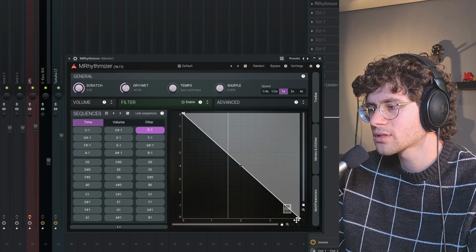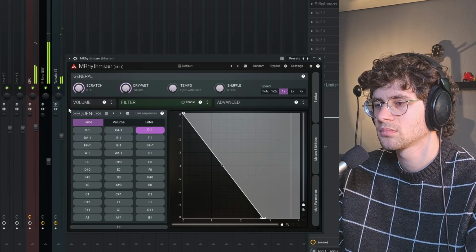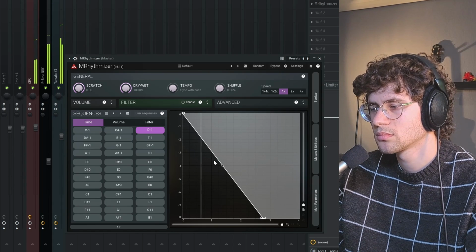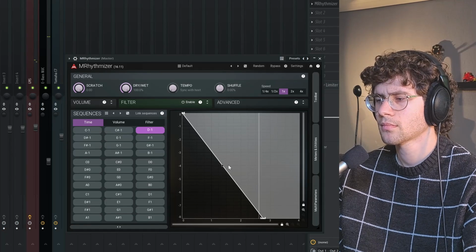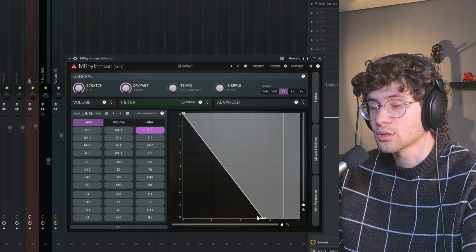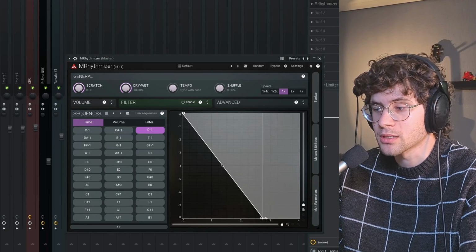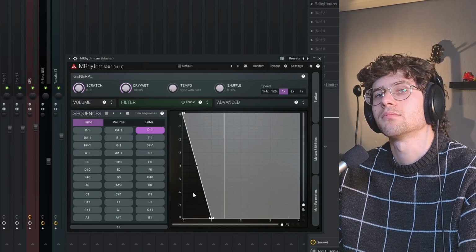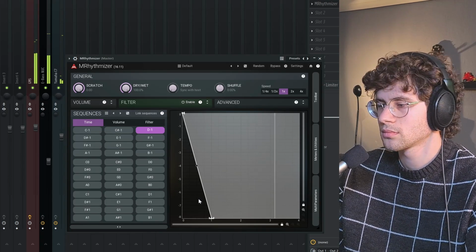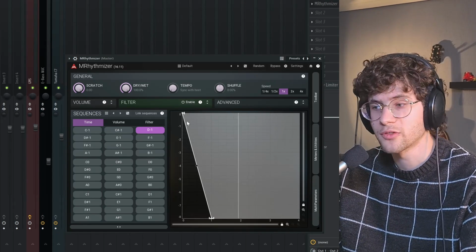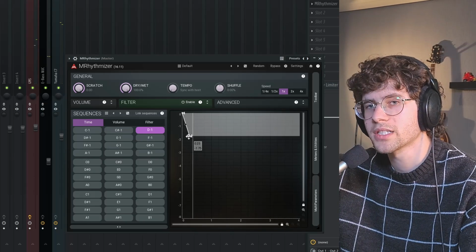What happens if we go even slower? Even steeper means even slower. So for this section, the reversed playback is sped up, and then for this part, that's just a straight line, so the playback speed is normal. We can go even more extreme. Again, for this part, the reverse playback is very fast, and then for this part, the playback speed is just normal. If we go all the way straight down,